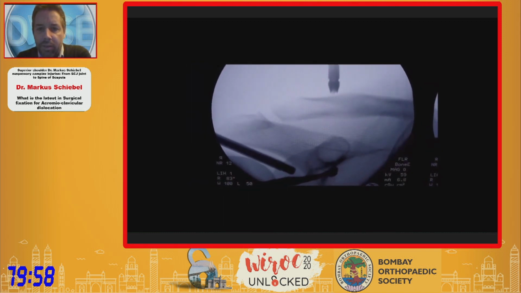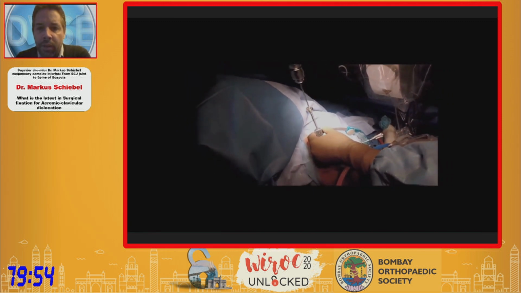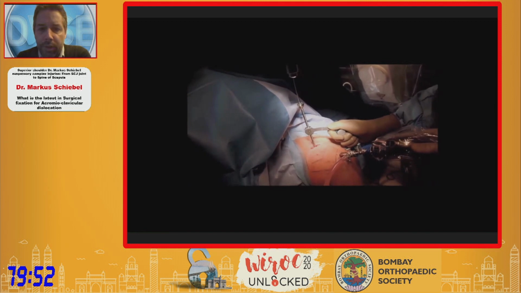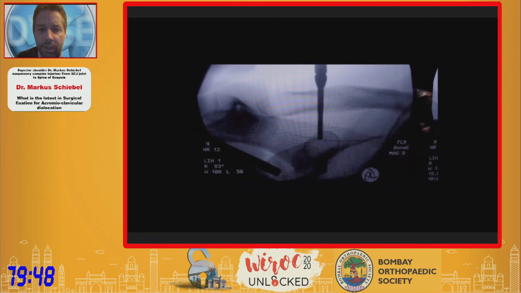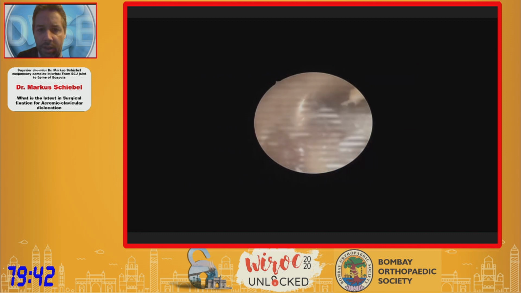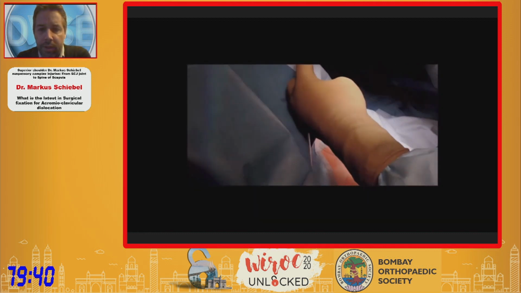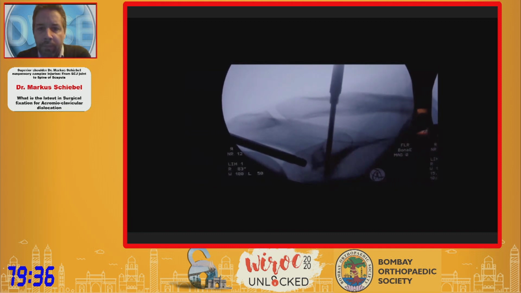We place the superior drill bit on top of the clavicle, and then we use a 3.0 drill that has a little K-wire inside in order to facilitate drilling through the coracoid and the clavicle. We exit inferiorly, inferior to the base, and then for the top head button, you need to over drill the